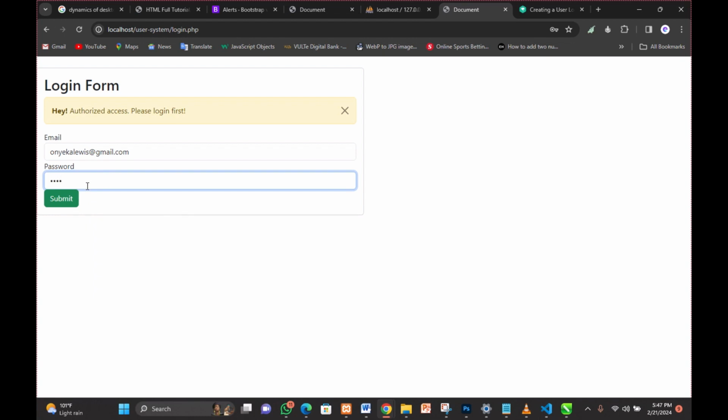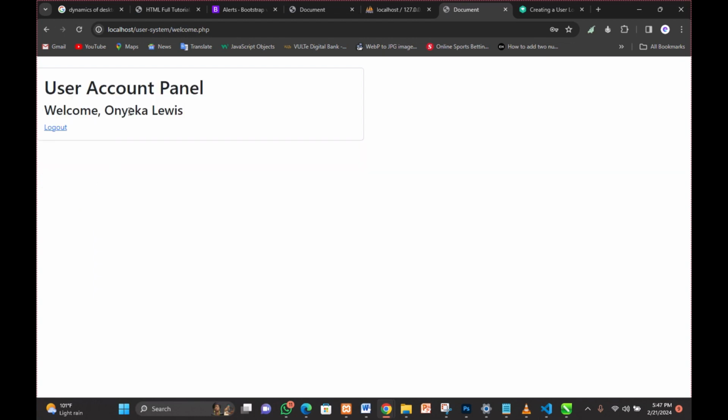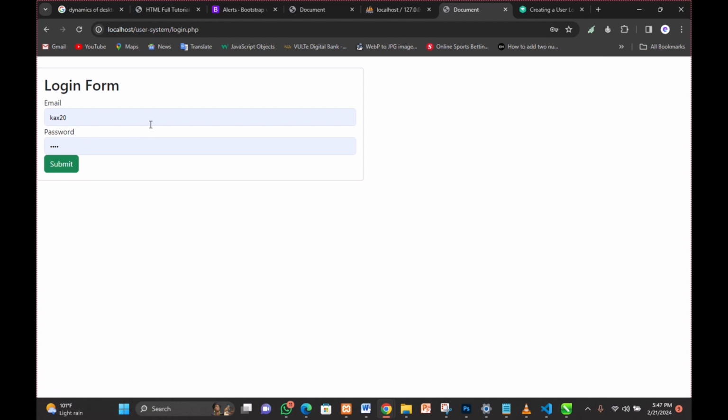As I try it again, welcome.php, it tells me the same thing: unauthorized access, please log in first. So I need to log in. And once I log in, I'll go back to my database to get the details of the user. So I use the email, password. So I say